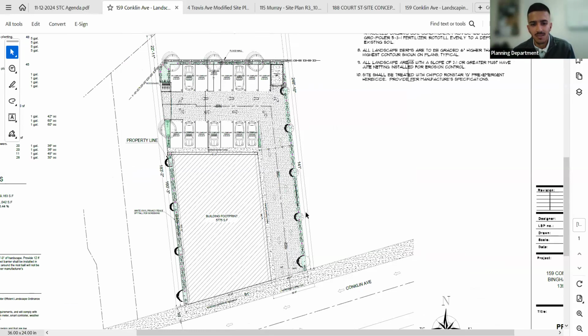But I don't know how much space it would require, like the stump and aspect. Also, the eastern landscape buffer is, I think, smaller by a few feet compared to the one by the flood wall. So that could be another reason why they're doing the bigger trees in the back and the smaller ones up by the driveway.